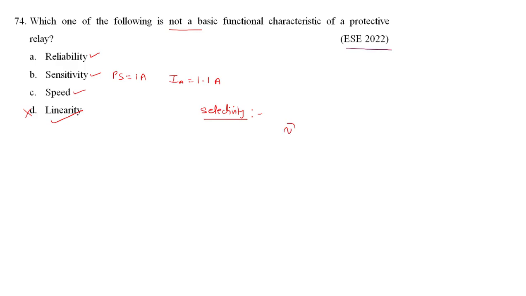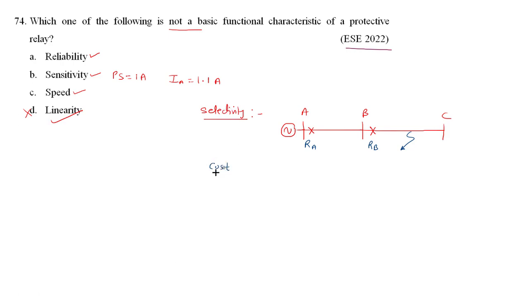For example, this is the system here. We are using a breaker and associated relays here, and there is a breaker and associated relays here. Let us say these are bus bars A, B and C. Now if a fault takes place here on feeder BC, let us call the relays RA and RB. For this fault, RA should not operate and RB should operate, because this fault is within the jurisdiction of this particular protection system. If RB fails to operate, then after some time RA will operate. It will act as the backup protection. That is the meaning of selectivity, and it is also one of the important desired characteristics of a relay.